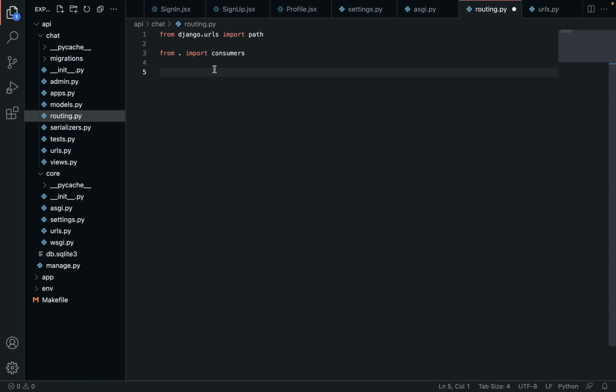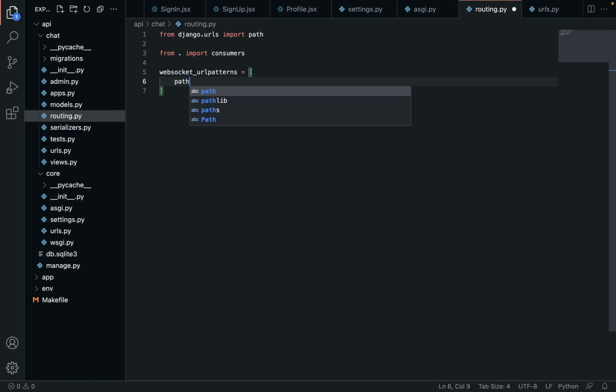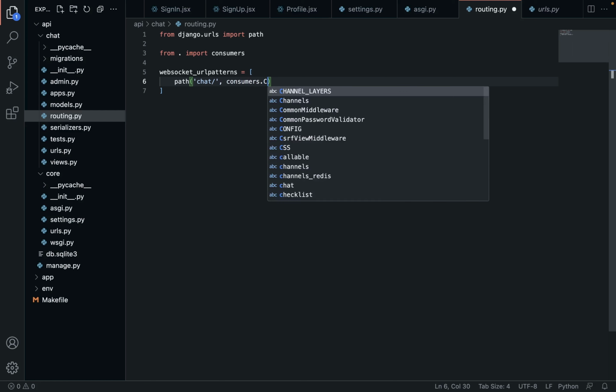So instead of URL patterns, we're going to go WebSocket URL patterns. And we're only going to have one because we only have one endpoint for our WebSocket. And then once that's open, all of our communication will take place over that. And you want to create a chat